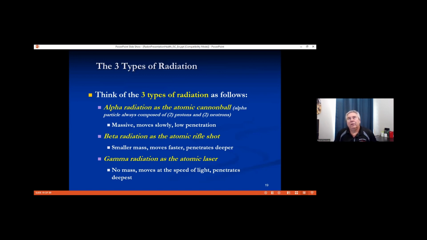So when radon and radon decay products disintegrate, essentially those are the 3 types of radiation that are going to be emitted, depending on the atom that's going to be disintegrating. So in certain cases, it could be a combination of alpha and gamma, or a combination of beta and gamma.